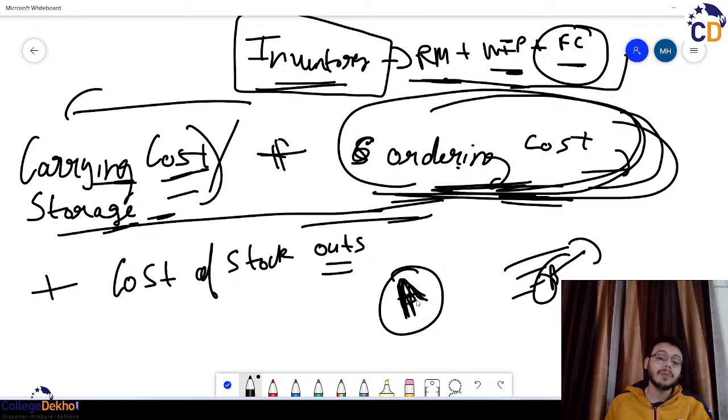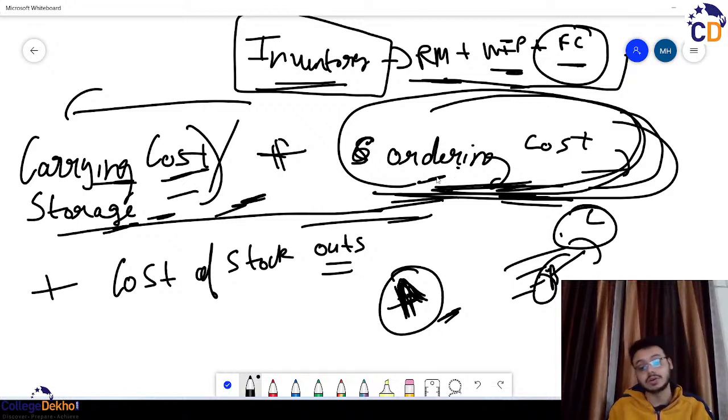Now shop A is losing customers, and he might lose a large number of customers because now the customers are not coming to his shop and they have become customers of shop C. So that is the cost of stockouts, and that is somewhere interrelated with the carrying cost and the ordering cost,